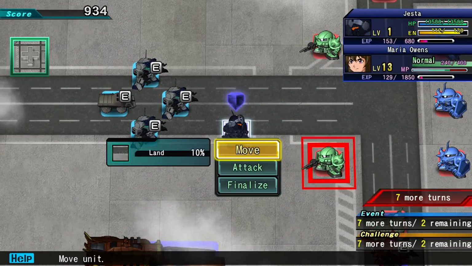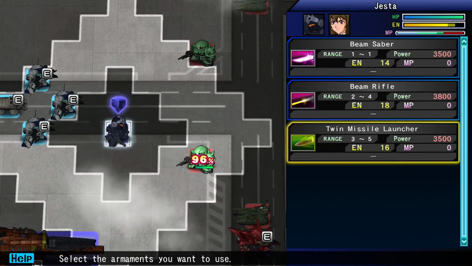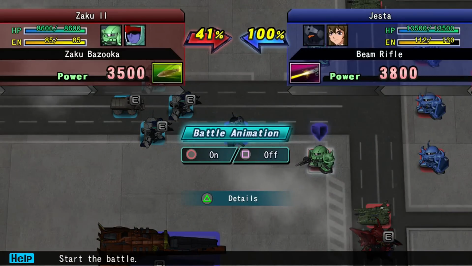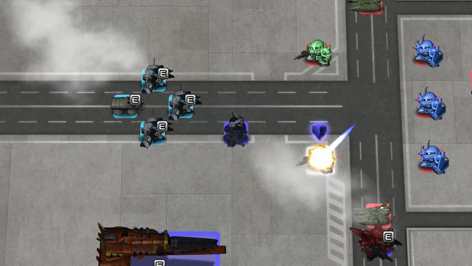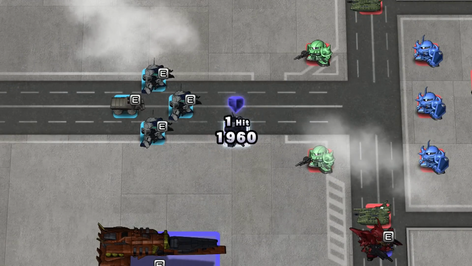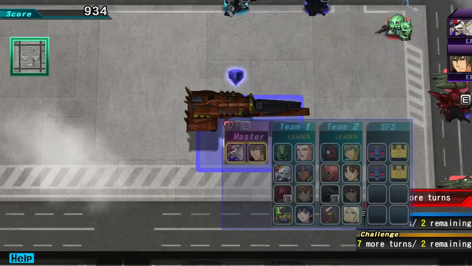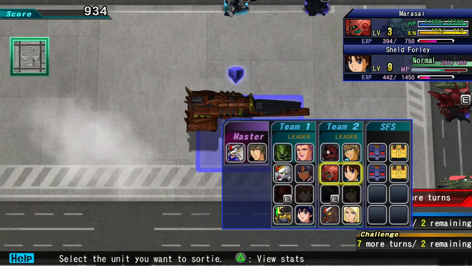Good kill. Okay, that's less energy and also less attack power. We'll go with the beam rifle. Beams to you. Not a kill. Ooh, took a counter. I'm not too worried about it. Would have been nice if they'd gotten the kill, but,